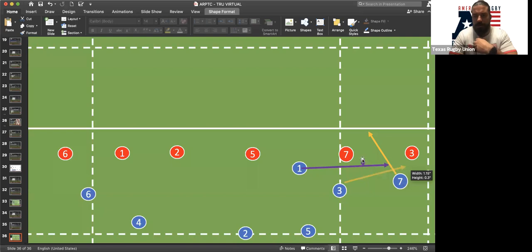Yeah, and with that as well, if that 7 does get the ball and they're looking to move the ball and pass the ball again, you could argue they could just run through the gap. Yep.